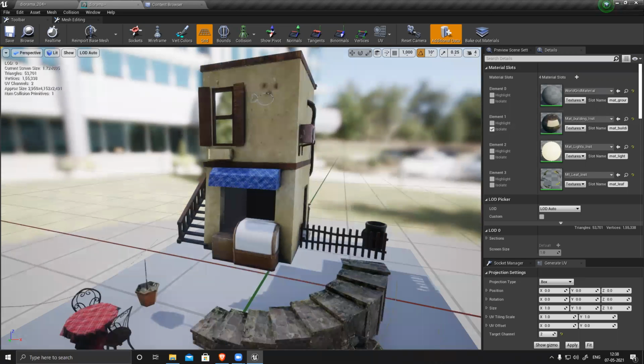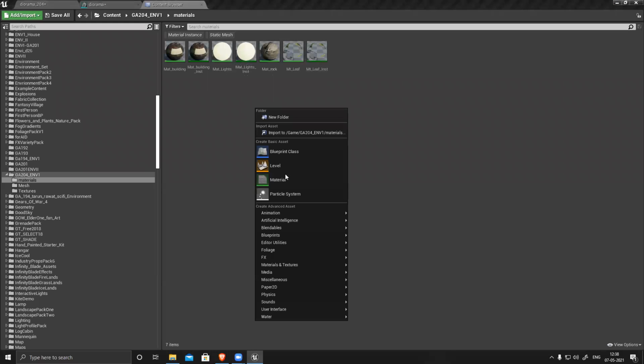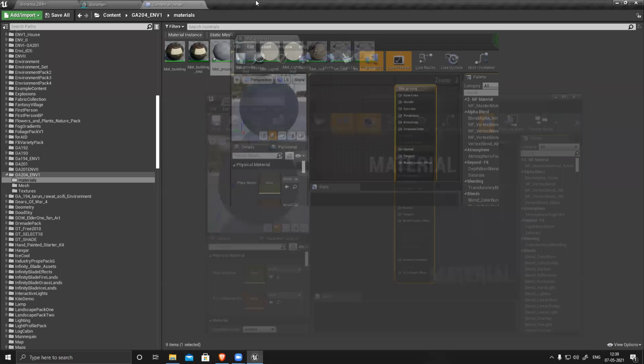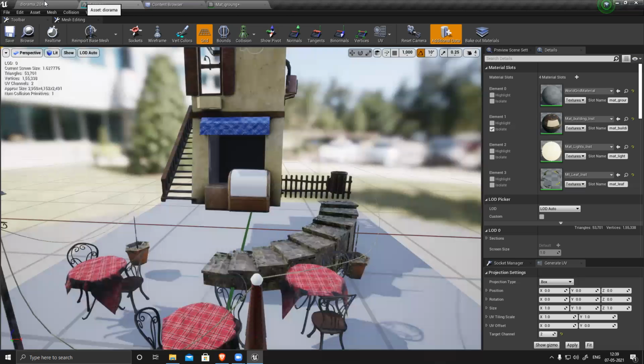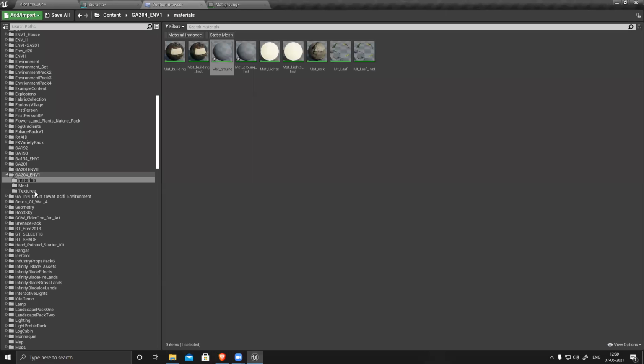You see my texture. Now this is my another texture. One more material. This is my ground. Right click, create an instance and open this content, texture.